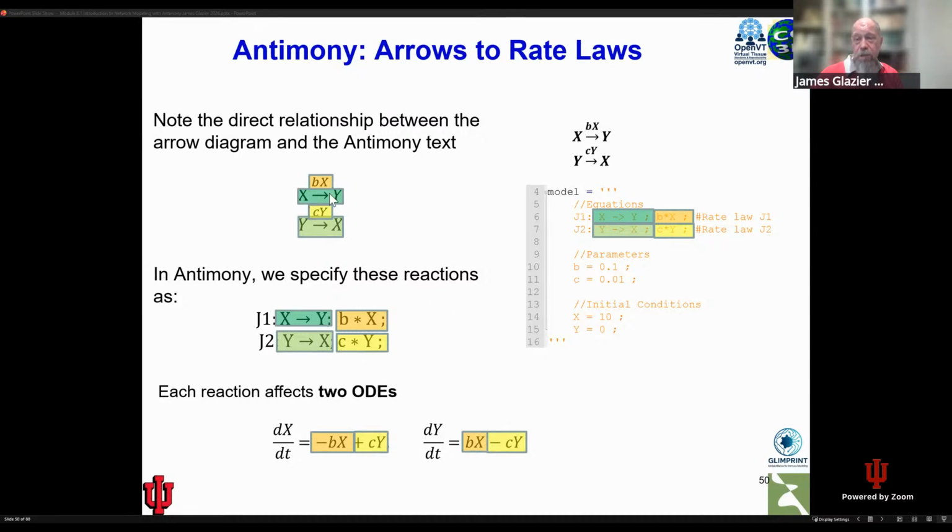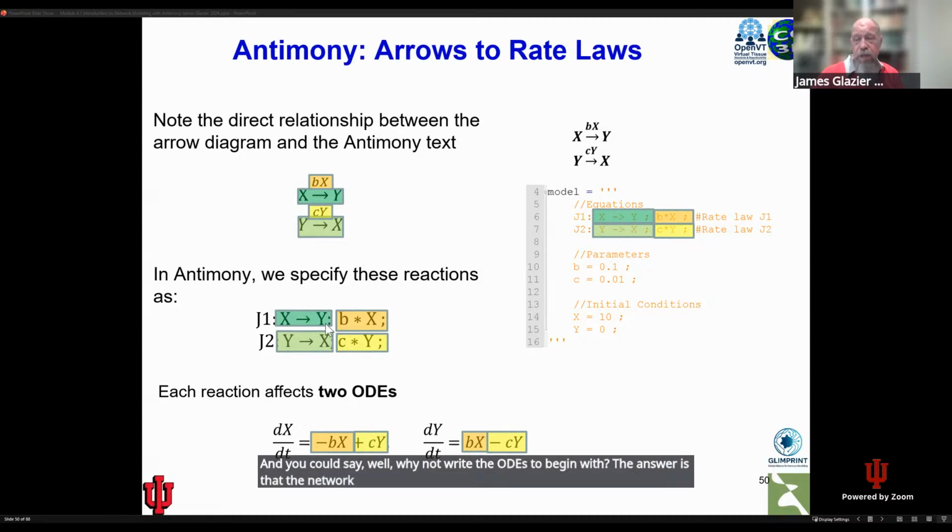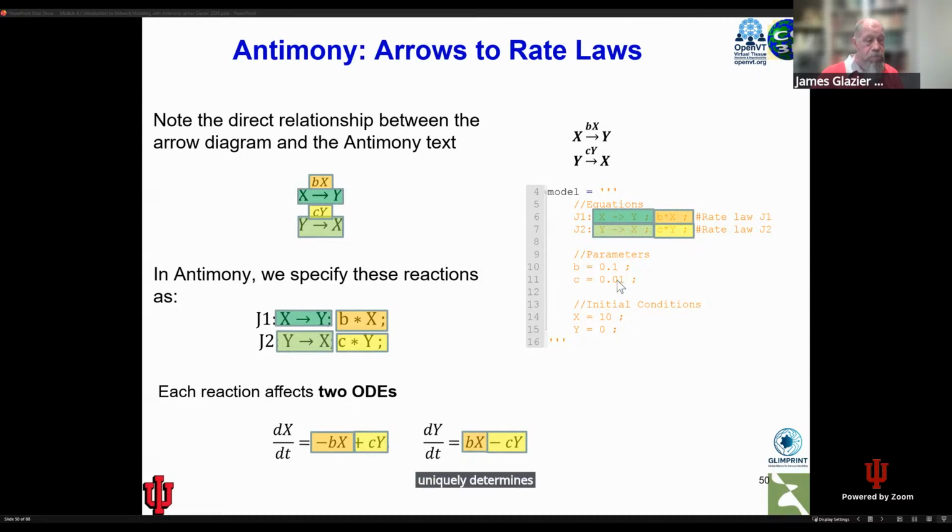So here, X goes to Y at rate Bx. Y goes to X at rate Cy. Note that each line here, J1, affects 2 ordinary differential equations. And you could say, well, why not write the ODEs to begin with? The answer is that the network